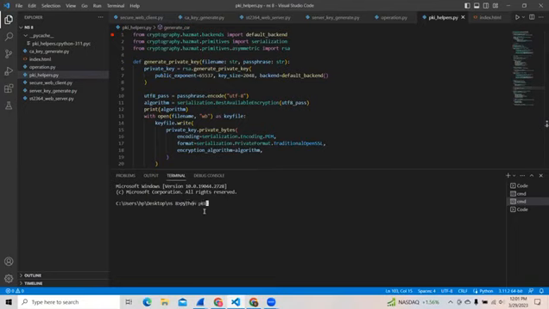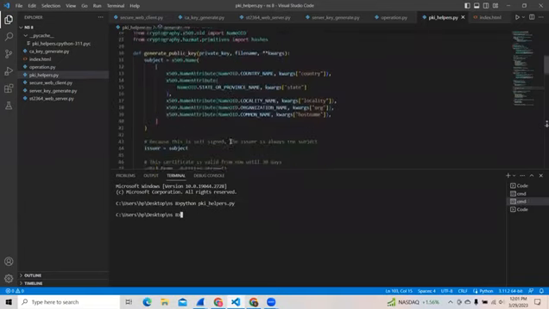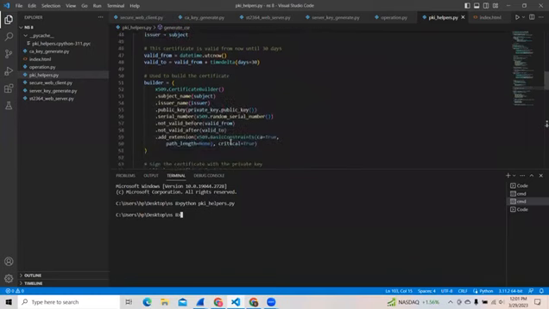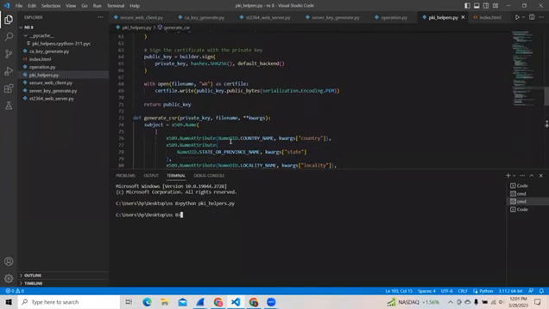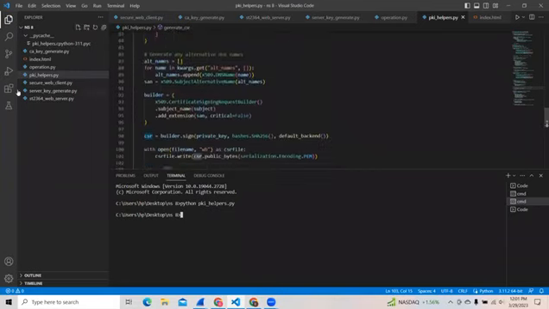Now I'm going to run this PKI helpers. I just executed the file. So this file now has the public and private key. Next, I'm going to run